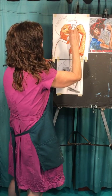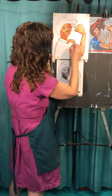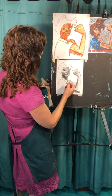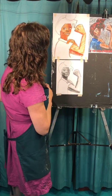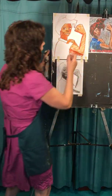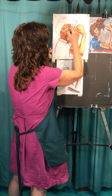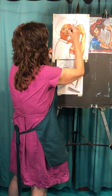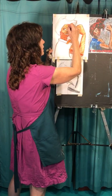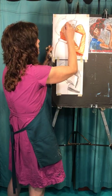Okay, here. Hand. I got that. And, all right, so what I want to do with this nose too is take a little bit of white. So I'm trying to get this little bit here. What's happening is more like this. Okay, it's coming around that little part of your nostril. Bring that up the front of her nose. I'm just going to hit the lightest parts on her with a little white